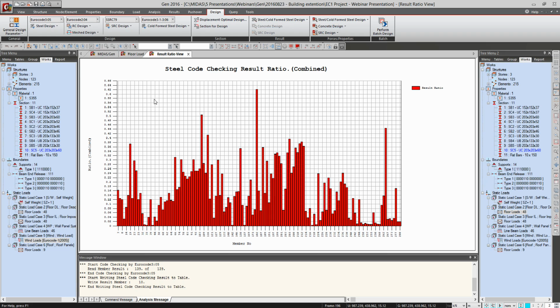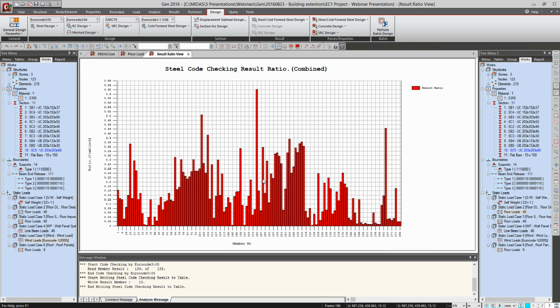So now we can see the ratios here. For example, 0.64 means that, as it is closer to 1, it is closer to the ideal usability of the section, of the strength of the section and the material, and as we go lower,